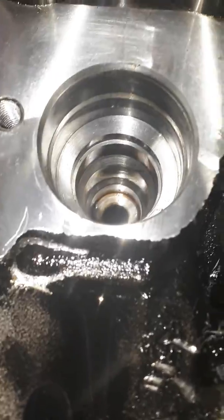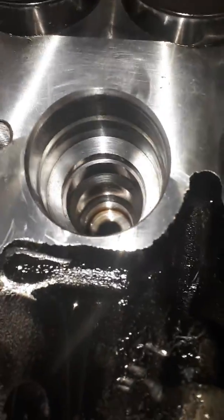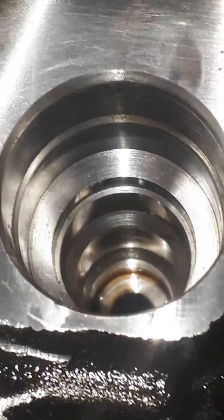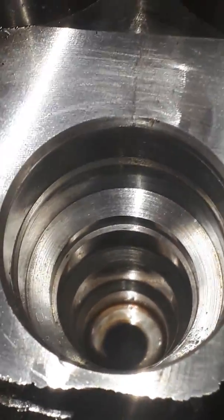if I get this camera right, there, crack runs all the way down into that fuel gallery. So what's happening is high pressure fuel is forcing its way through this crack straight down into the head and then into the sump. Now as a consequence of this running on this mix of diesel and not lubricating properly,